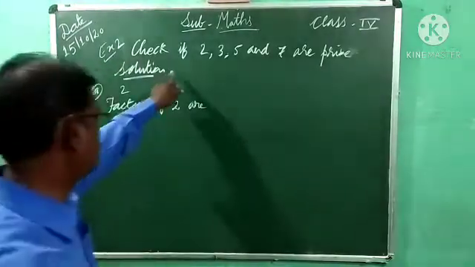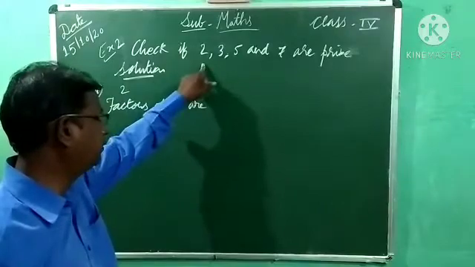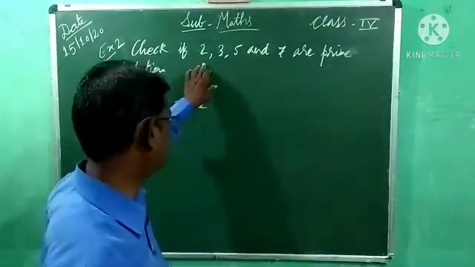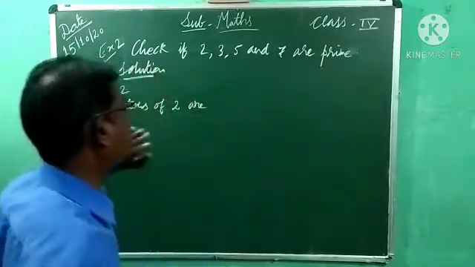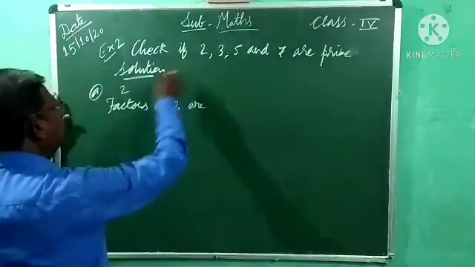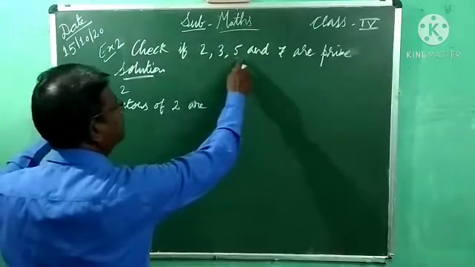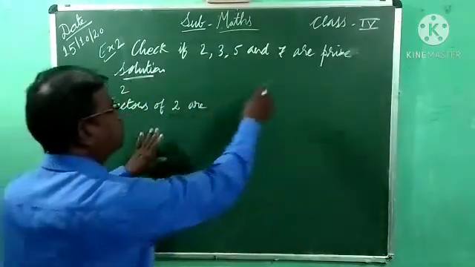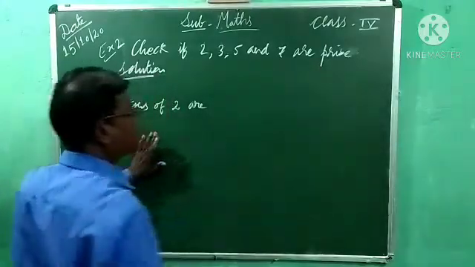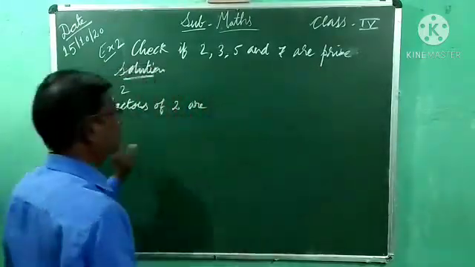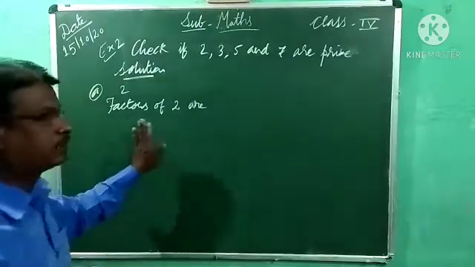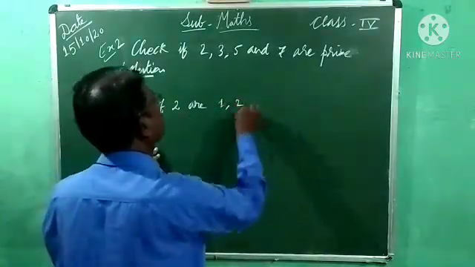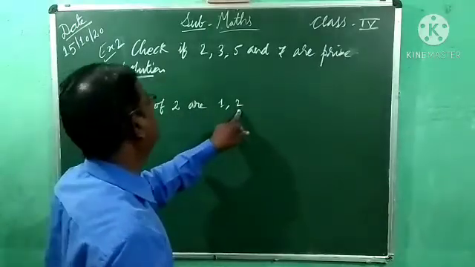Now example number 2. Check करना है हमें if 2, 3, 5 and 7, 4 different natural numbers are given, are prime. Okay, first we will check. I took here A, B, C and D. First number is 2. We have to find the factors of 2. For checking whether a number is prime or not, we have to find the factors. You have to keep that in mind. Factors of 2, which table are we getting? In 1's table we are getting 2, and in 2's table also getting 2, 1 and the number itself.